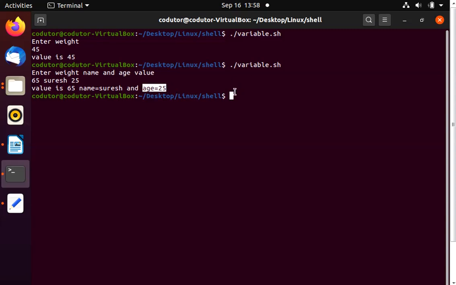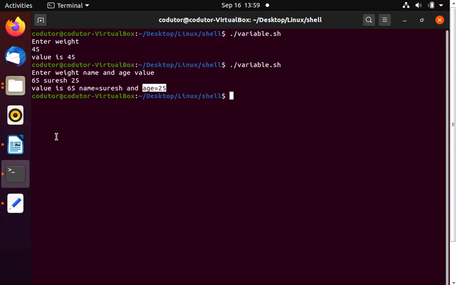Now many times if you are a Linux user, you have seen while entering the password on the Linux system, whatever password you typed is not shown on the terminal or the space where you are entering the password. We can do the similar thing with the user input also.